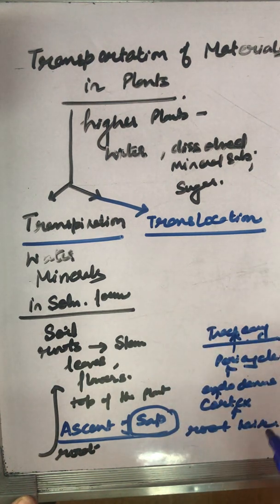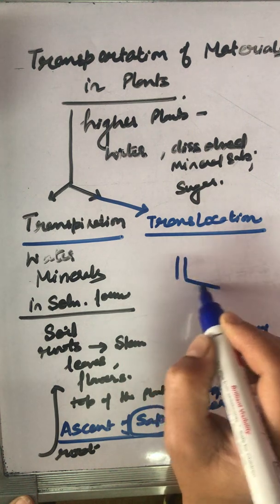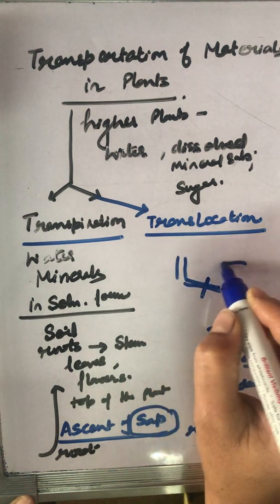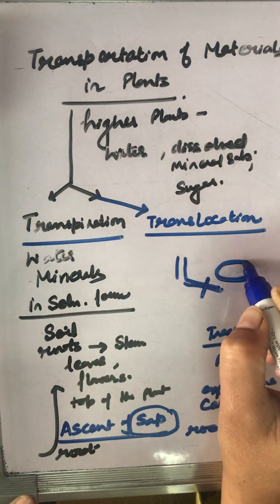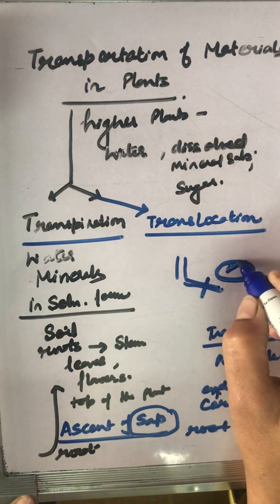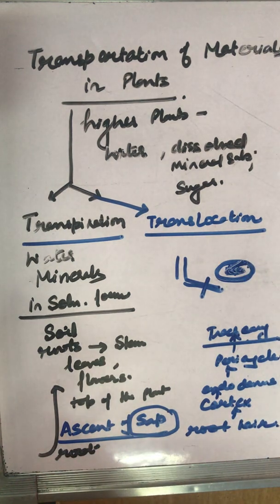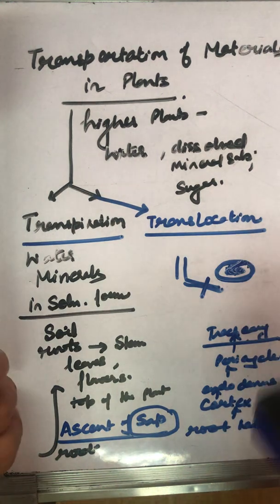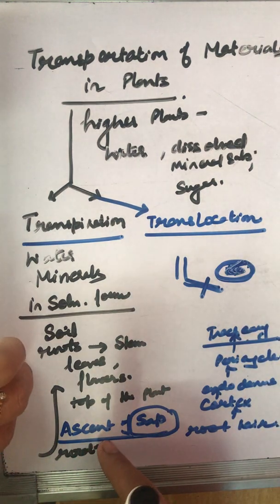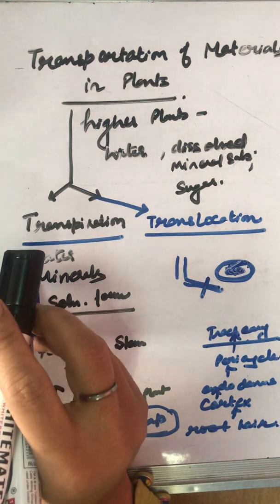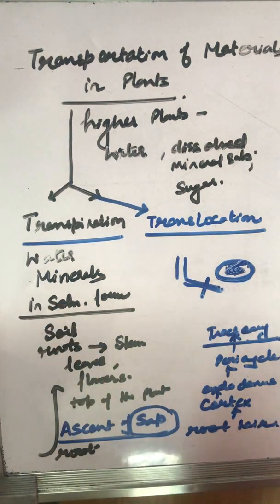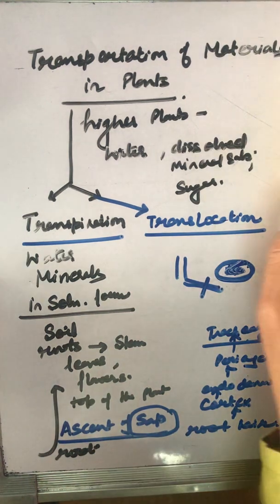Where are all these located? If I do the section cutting of a root, ये वाला area, and I'll show you like this, then from the outer side towards the inner side. ठीक है? यहाँ से यहाँ तक. The outer one would be the root hair, then the cortex, then endodermis, then pericycle, and finally the vessels which are located somewhere here in the middle. That will help in the transportation, absorption of this sap from the lowermost region, that is the root, to the upper parts of the plant, that is the top of the plant. How? I'll draw a diagram and I'll explain alongside.